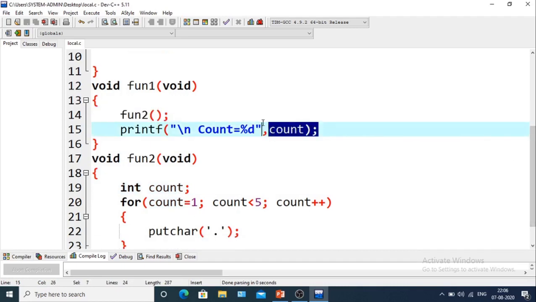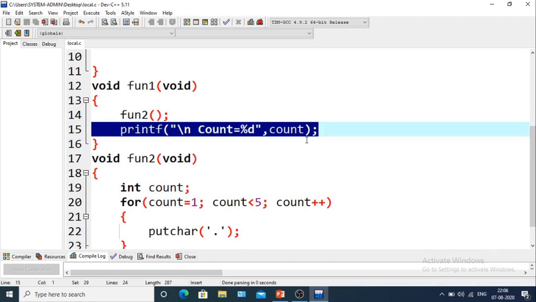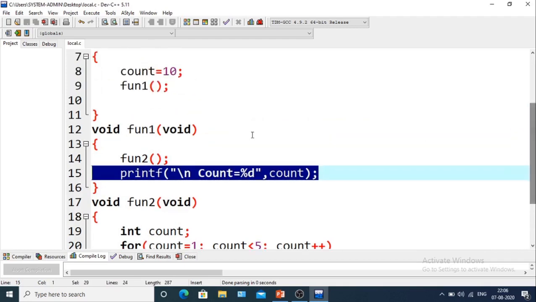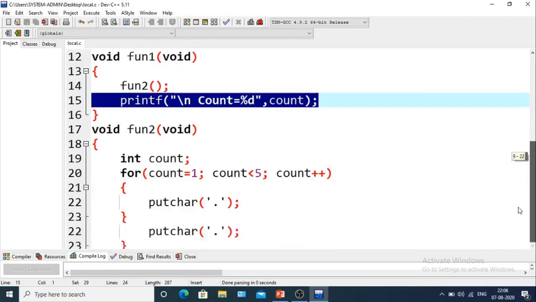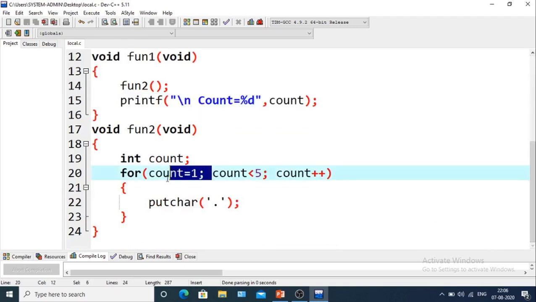After that, this one is executed, and the value of count printed is 10. As you can see, here 4 dots had been printed, because the local count value started from 1. This was the C program of global variable.